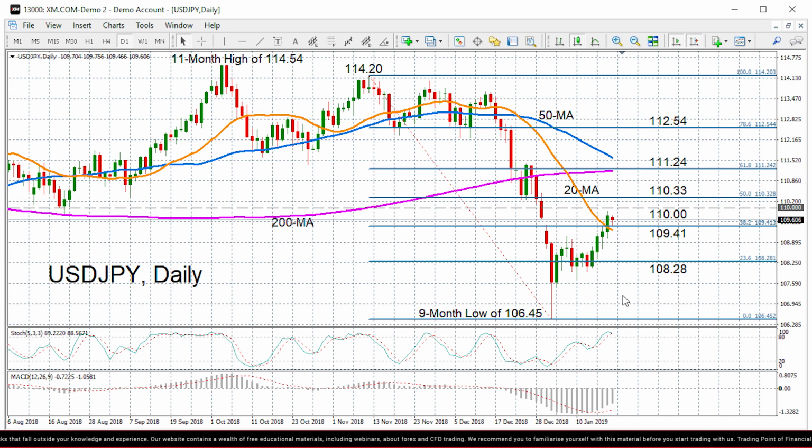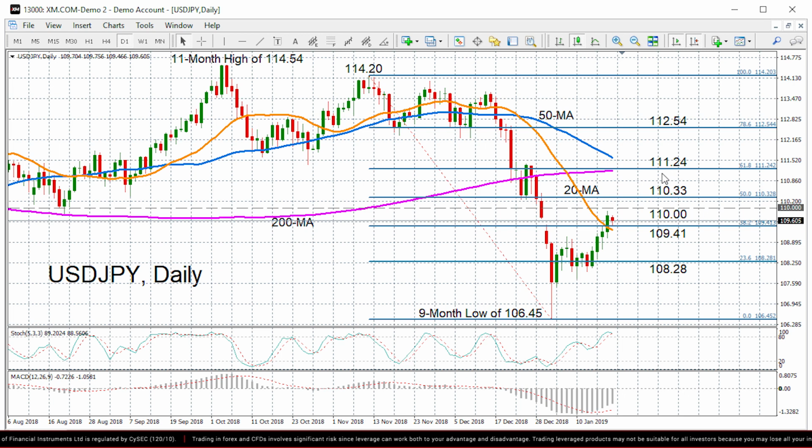And then lower down, the pair would be at risk of moving towards that 9-month low 106.45 that it touched at the start of January. If we were to see, though, further gains in prices, dollar yen would first have to overcome resistance at the 110 handle. Crossing above that level would take the pair towards the 50% Fibonacci at